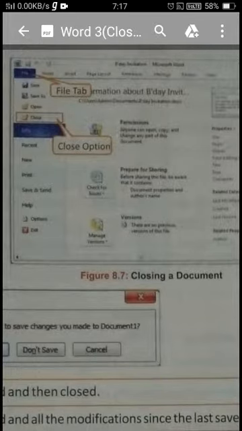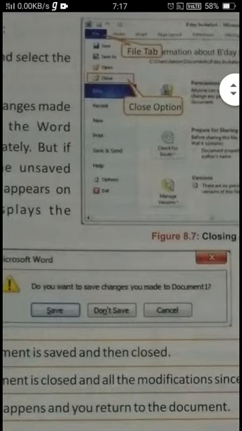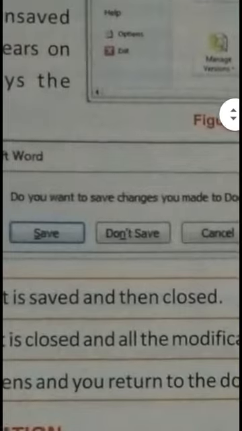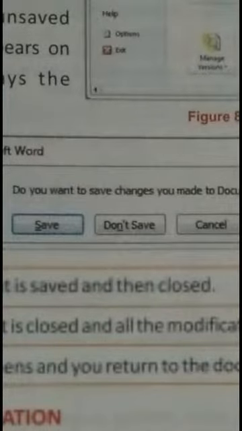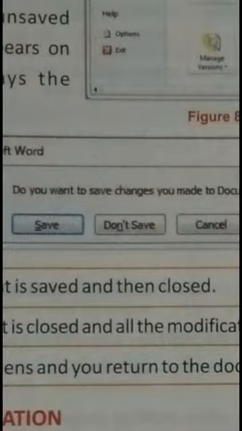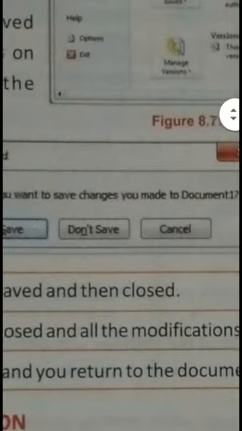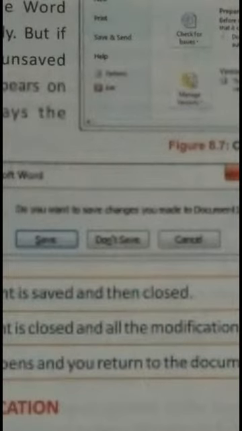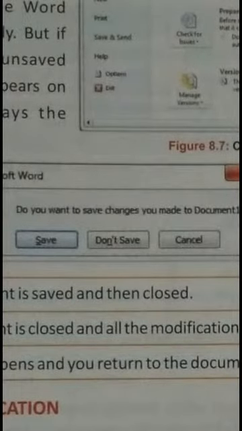If you don't save your document, one dialog box will come to you, which is here on the screen. You can see here it is saying, do you want to save the change you made on the document 1? Means before closing the document, if you haven't saved it, this dialog box will come to you, asking that the document is not saved, do you want to save it.